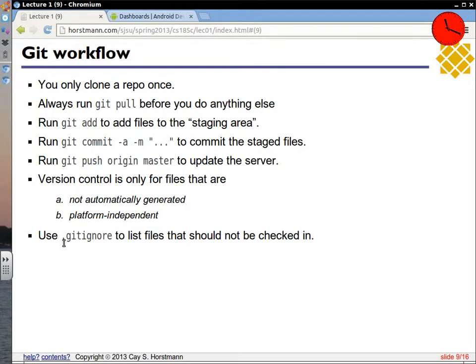All right, so that's pretty much what I just said. What we're going to do today, and things will go badly, I know, we're going to clone the primordial repo for your homeworks and labs. And I said before, always run pull before you do anything else. You have to run add to add new files. So anytime you come up with a new file, that's going to happen a lot in the first few lectures and labs.